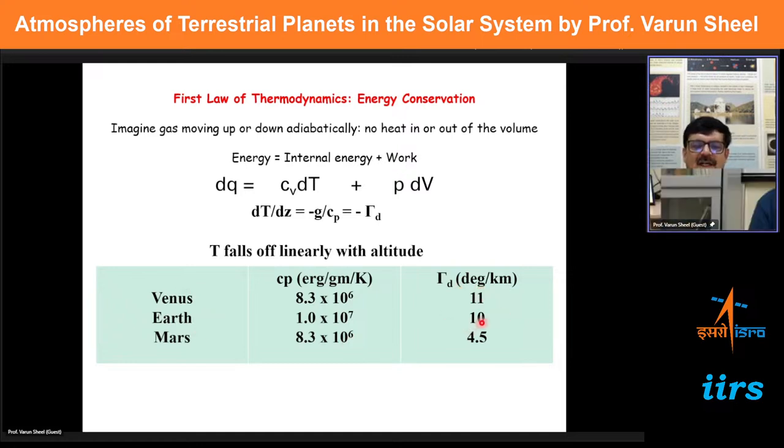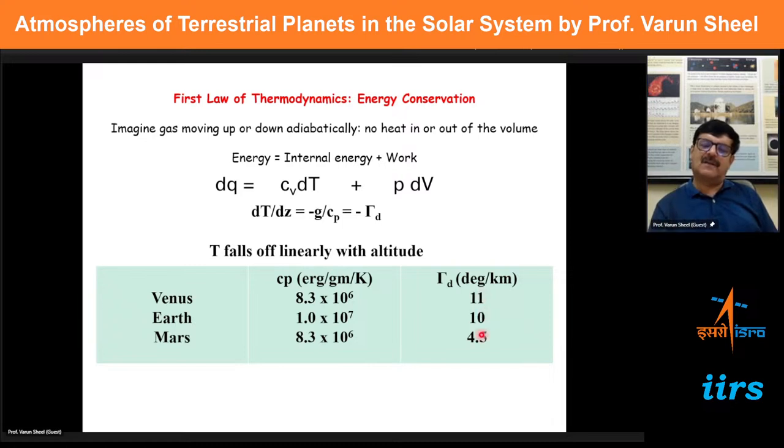What I've shown you here is the different lapse rate for different planets. You can see for Earth and Venus, it is almost similar, and that is why Venus has a very thick atmosphere, very similar to Earth in many respects. This is one of the similarities: the lapse rate on Venus is similar to that of Earth, in the lower heights I'm talking of. For Mars, the lapse rate is much lower, because Mars's atmosphere is much thinner than the two other planets. So in a sense, the temperature falls off very linearly with altitude.